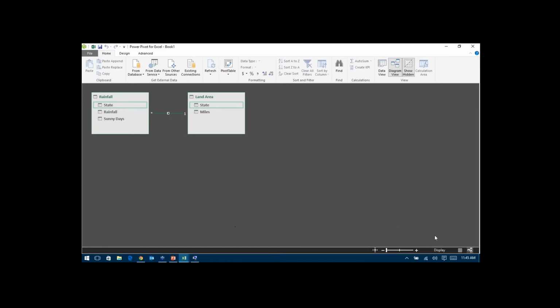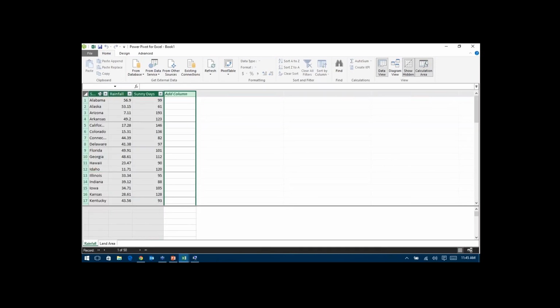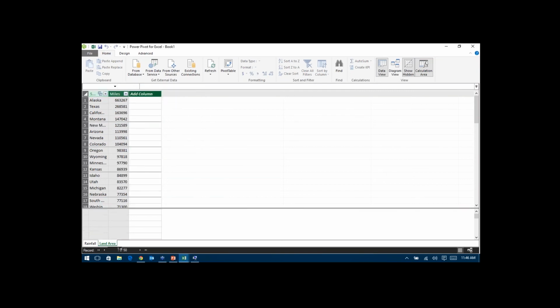Over here inside Power Pivot, we've created the relationship again, just a drag and drop type of user interface. Next, I'm going to say add column. Inside the column, I'm going to use DAX and write an if statement. There's a lot of different DAX commands we can use, but actually, wrong table here. I want to do this on my land table because we want to do small, medium, large states.